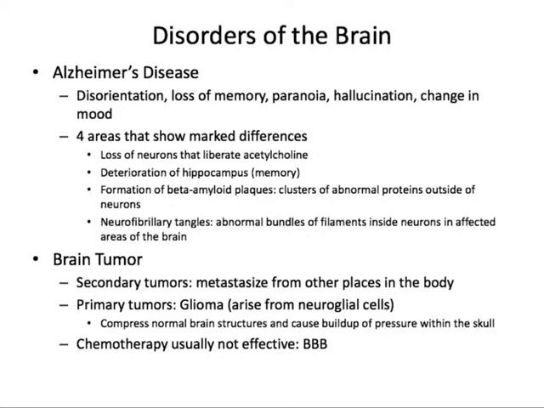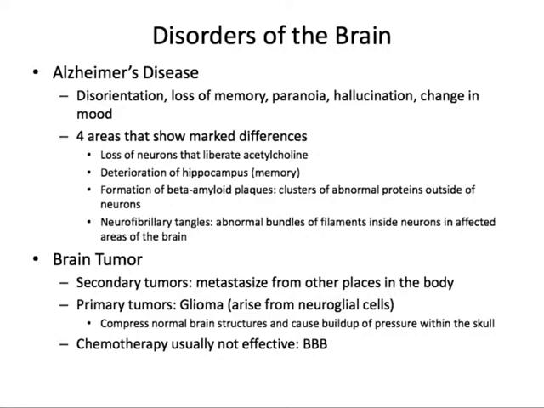congregate in the brain. They're not inside the neurons themselves, they're around the neurons, and where a lot of these proteins start building up, the neurons die. They don't survive, and so you end up with plaques, which is an area with lots of protein and very few neurons. So again, no neurons means no action potentials.